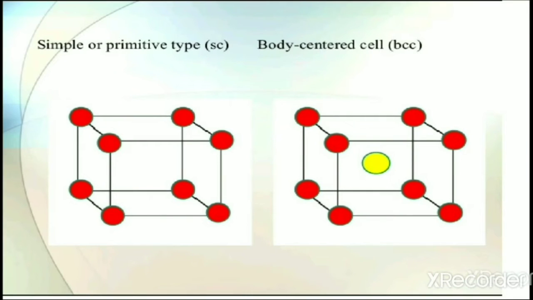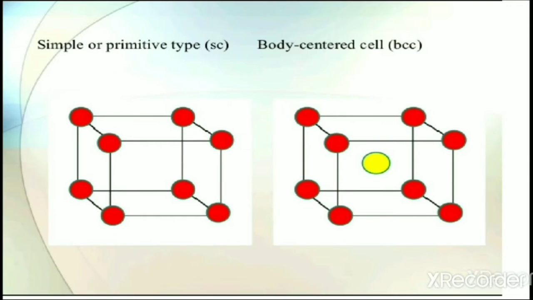In the previous video, you learned about crystal lattices, unit cells and Bravais lattices. Okay, the unit cell is what? The smallest portion of a crystal lattice is called a unit cell. Then in this video, you will learn about the types of unit cells. There are two types of unit cells, primitive and centered unit cells.